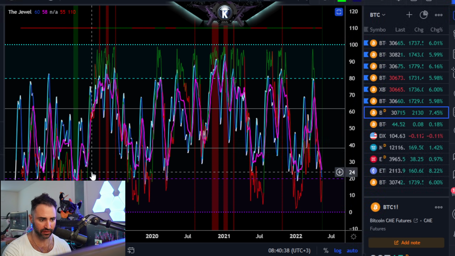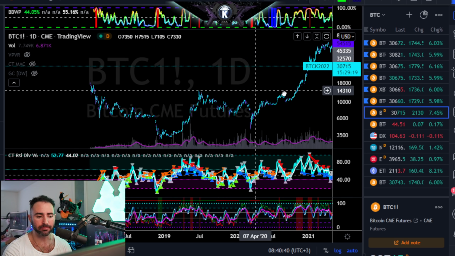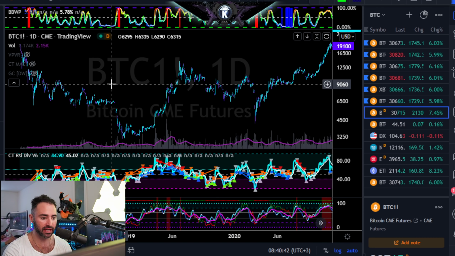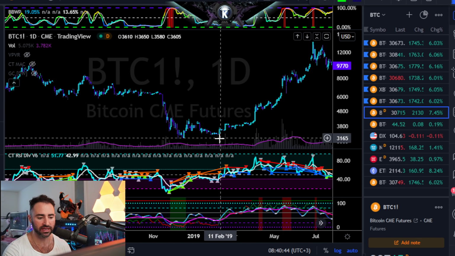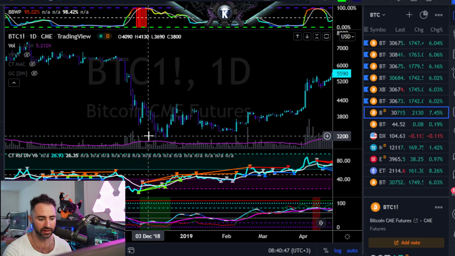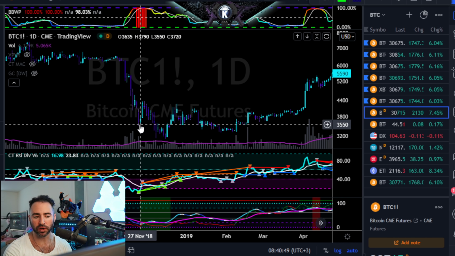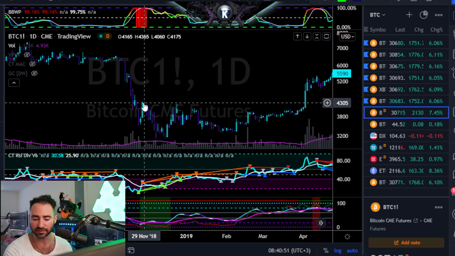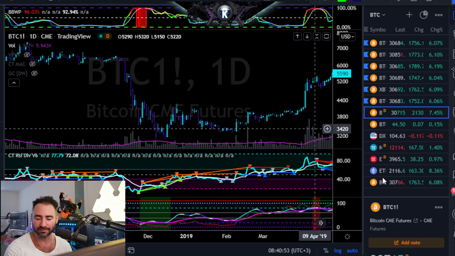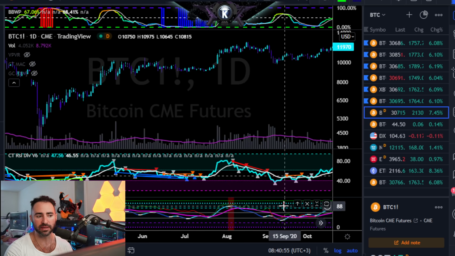for CME specifically. And this is not an immediate bottom signal here, but it is suggesting that we're pretty damn close. You can see in this case over here in 2018, it started to fire that off on the first major low. Bitcoin has a nice big bounce and then rolls over. I think that is possible here. Maybe over a longer period of time.